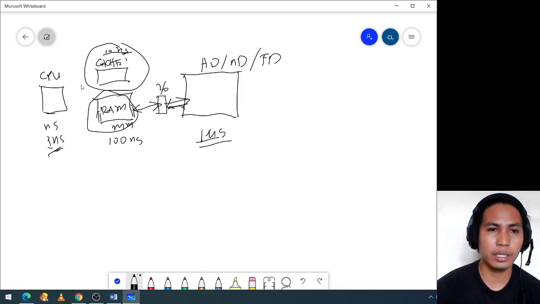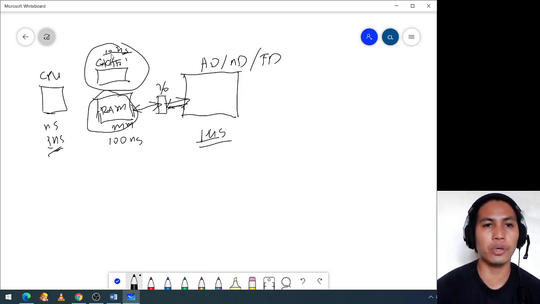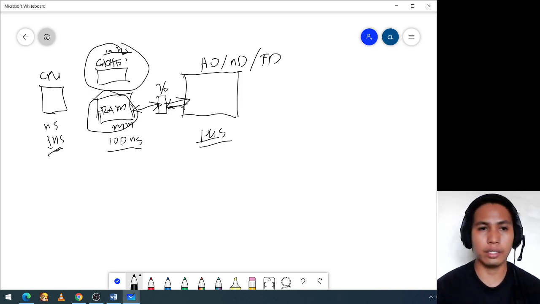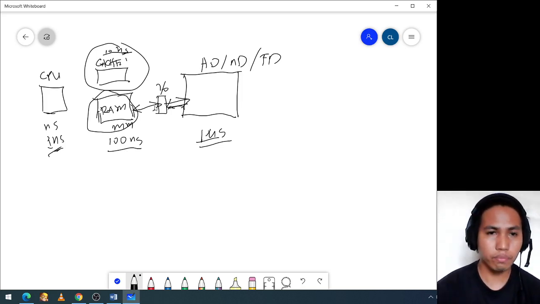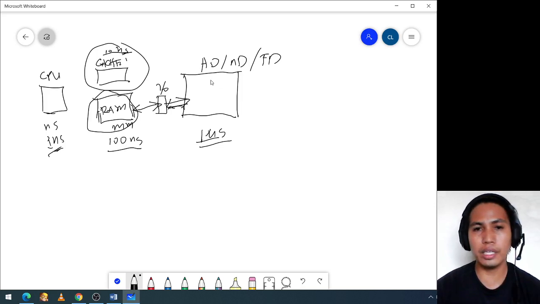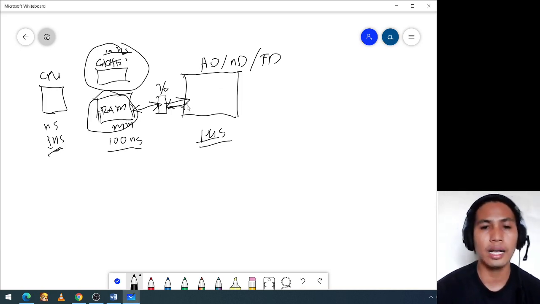And from cache, ilalagay natin kay CPU. So pag nakalagay kay cache yung information na needed, then of course, ang aantayin niya lang po is 10 nanoseconds, in comparison with 1 microsecond. So pag nakalagay rin kay RAM, then, ang time needed niya po is 100 nanoseconds. Diba? So, that is the basic idea on why do we need to study the hierarchy